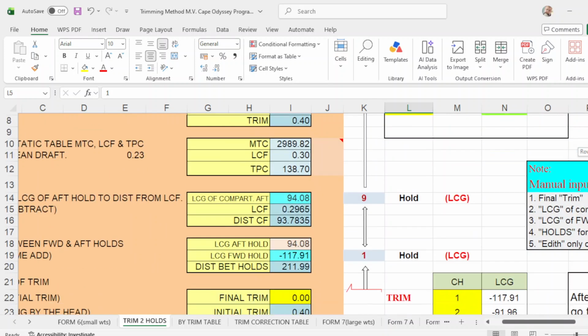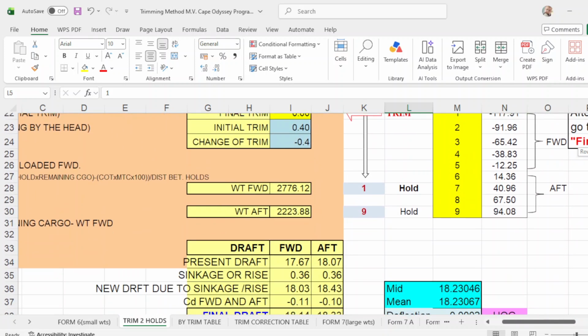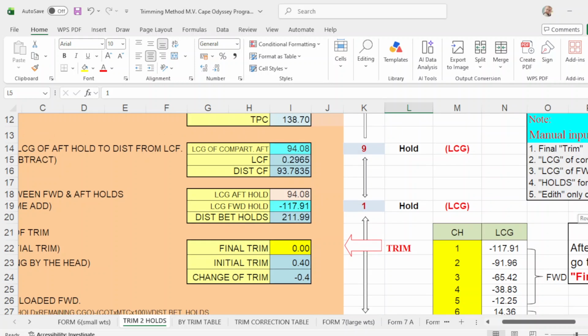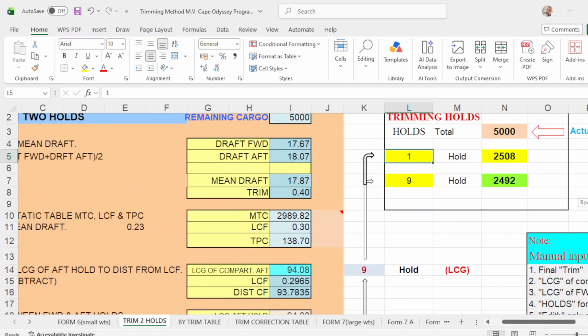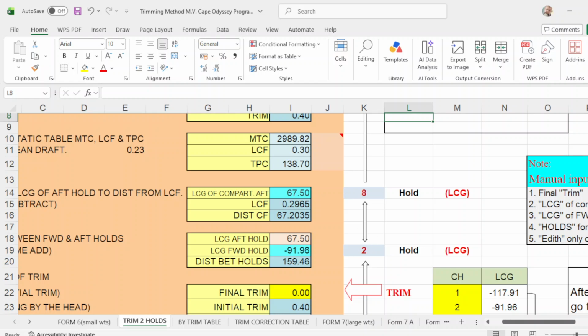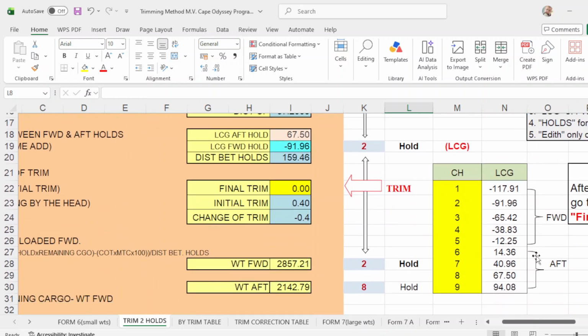Take note, guys. You will see here numbers 1 and 9. So when you press 2 here, it will change. Press 2, hold number 2, and hold number 8. That is your trimming hold. And take note, it has already changed to 2 and 8, and here 2 and 8.